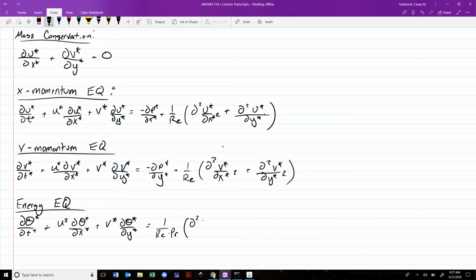D squared theta star dx star squared plus d squared theta star dy star squared, plus the ratio of what's known as the Eckert number to the Reynolds number,